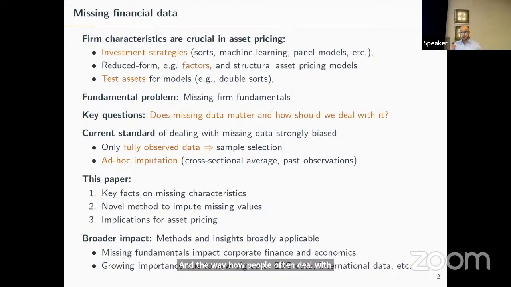So what you see in a lot of papers is that people only use the subset of companies that have everything observed, and we show that this will lead to a massive selection bias. Or very ad hoc imputation approaches are employed, like a median imputation, and we show this will also lead to imprecise and biased estimates. So what we do in this paper is we will provide key facts about missing firm characteristics. We will provide a solution, namely a new method to impute missing values, and we show the implication for